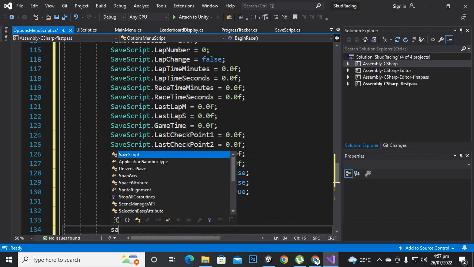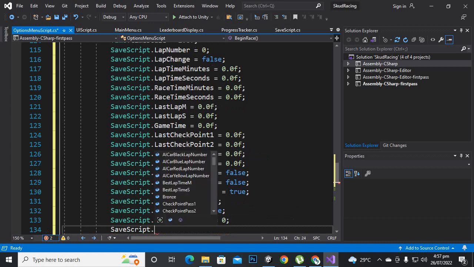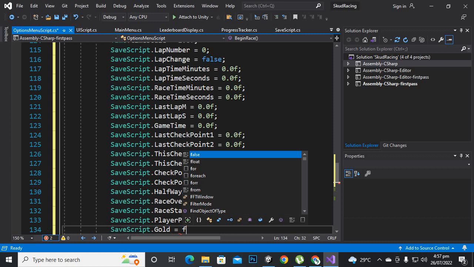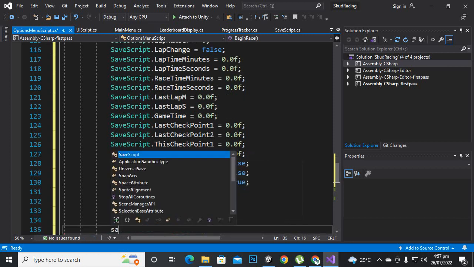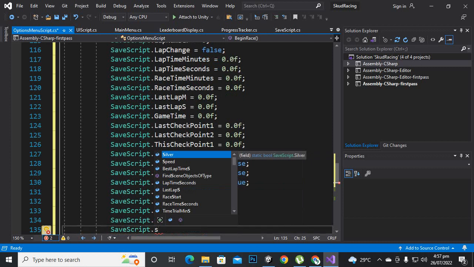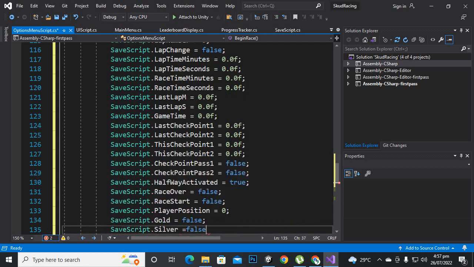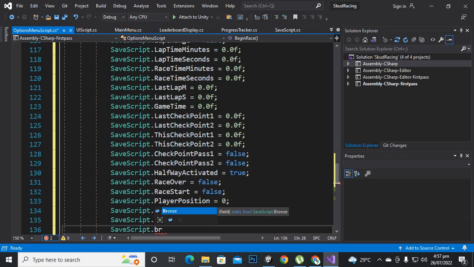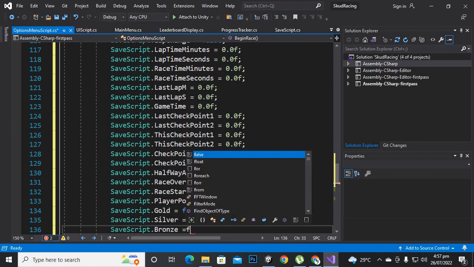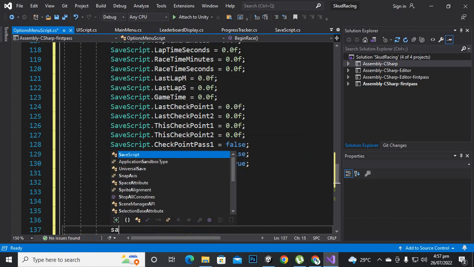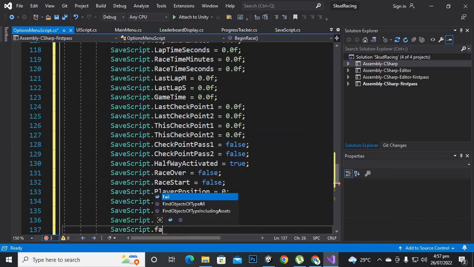We have save script dot gold is equal to false initially. We have save script dot silver equal to false. Save script dot bronze equal to false. Save script dot fail equal to false,